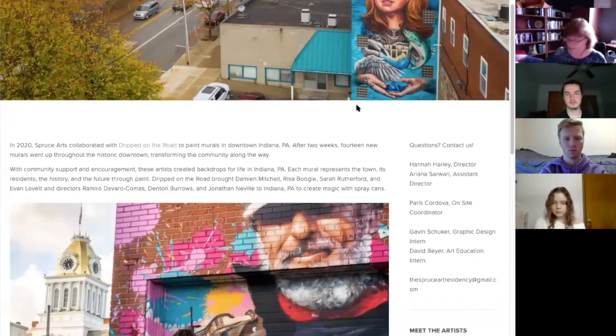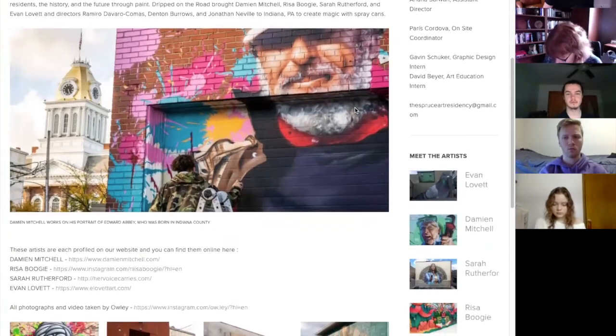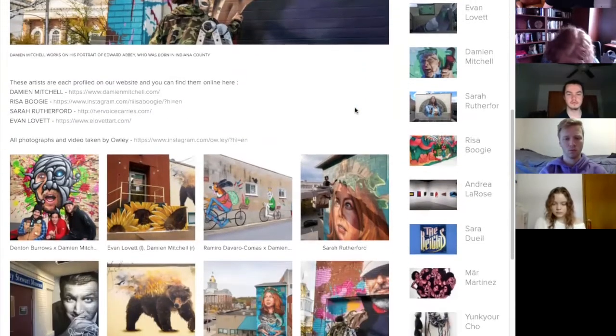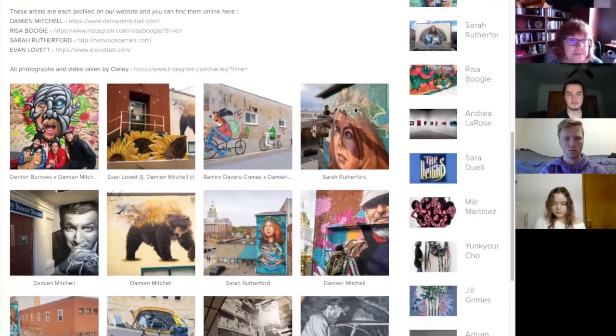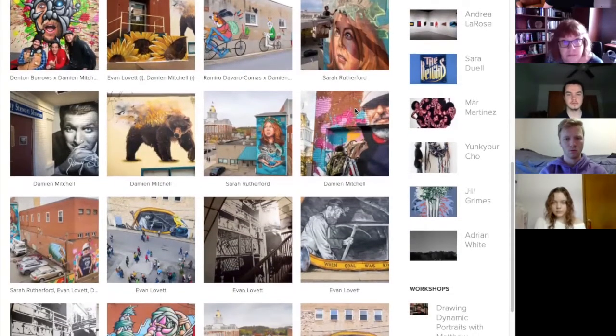So these murals, they were originally only supposed to paint 9. And what was kind of fun was we didn't know. It was scheduled for April, which didn't happen because of COVID. So we rescheduled for October, with the artists doing self-quarantine. They all took tests beforehand so they could hang out together. And we were like, all right, I guess they're coming.